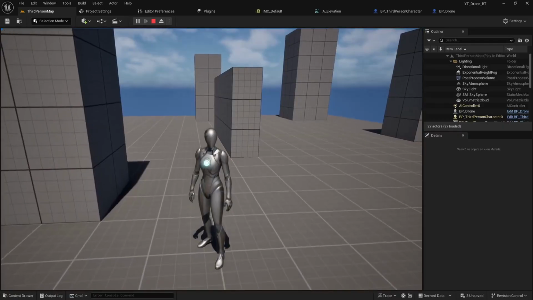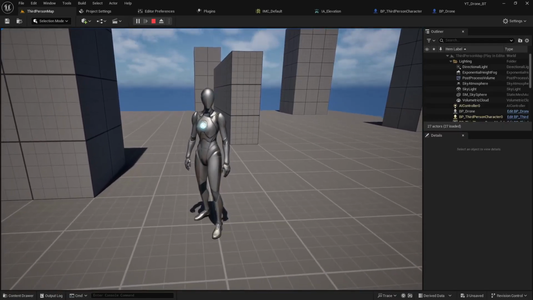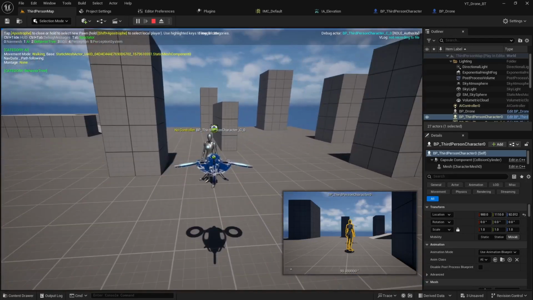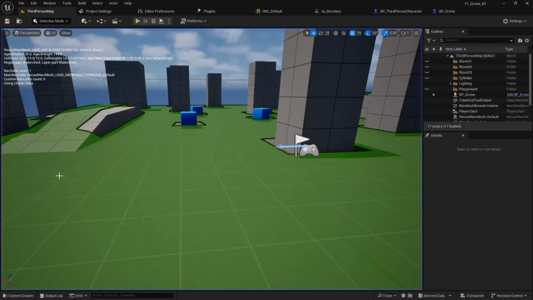Now the other issue is I don't have a way to swap back to the player. So if I push the possess button, it doesn't actually possess the player. I'm stuck in the drone mode basically. I get apostrophe tab, and then I can actually see both objects here, which is cool. But let's actually finish this tutorial out